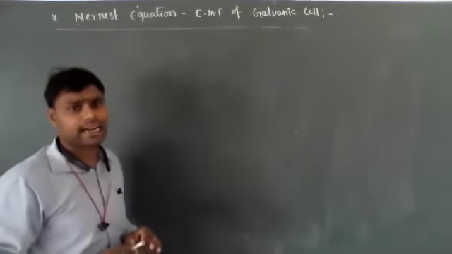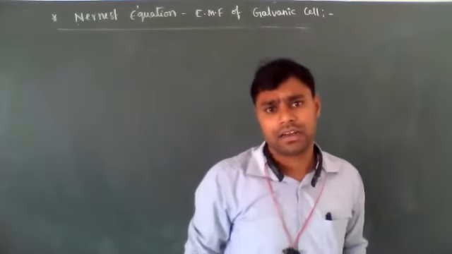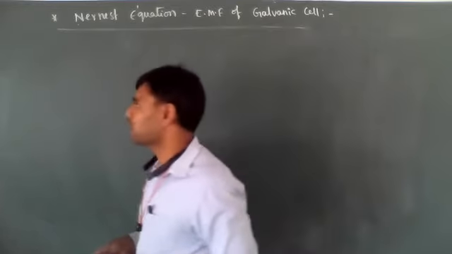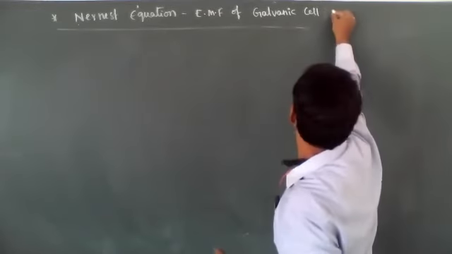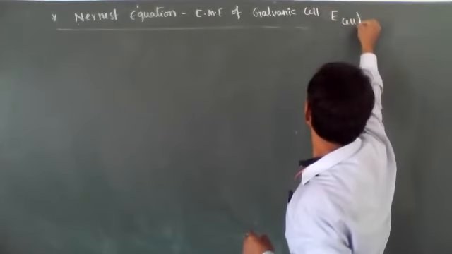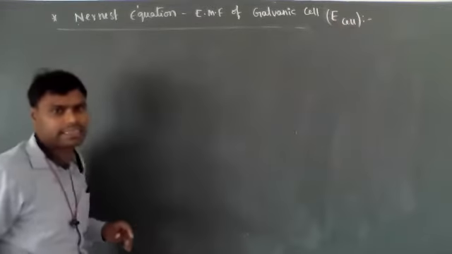Now let's see. Nernst calculated the electromotive force of the cell, E cell, under different concentrations of electrodes and electrolytes. E0 means standard conditions. So he derived that relation. How is it derived? From the thermodynamic equations.